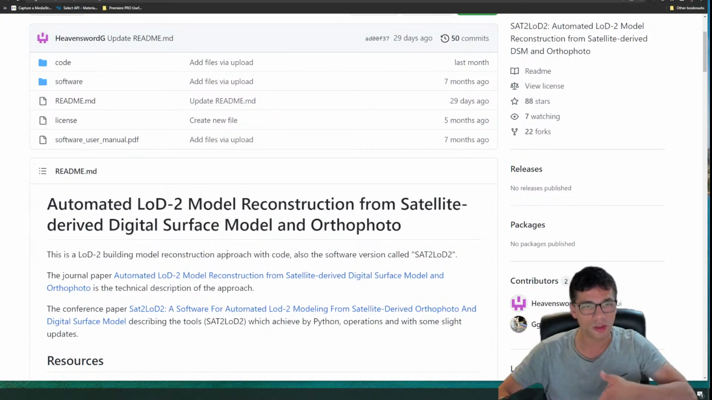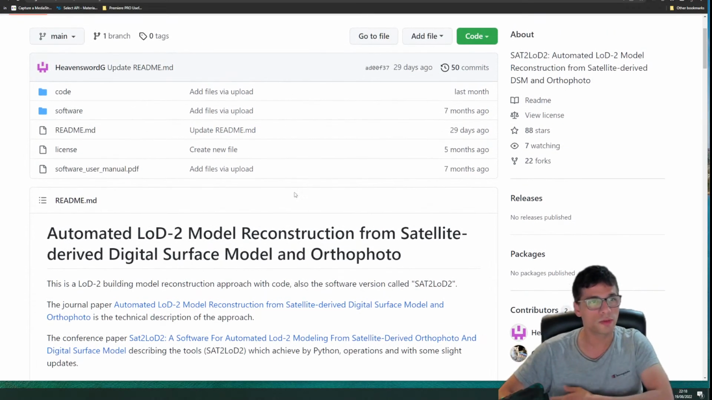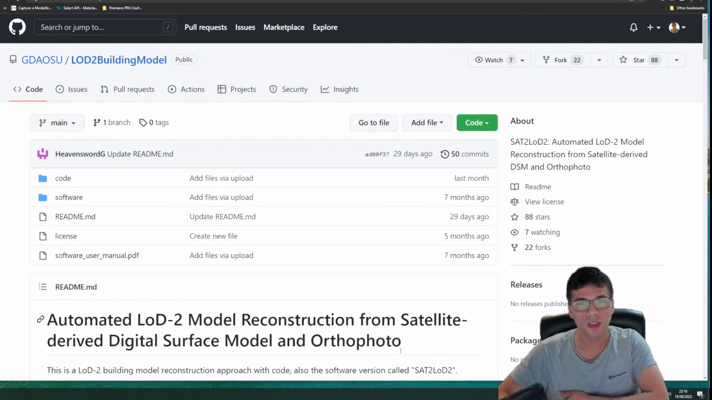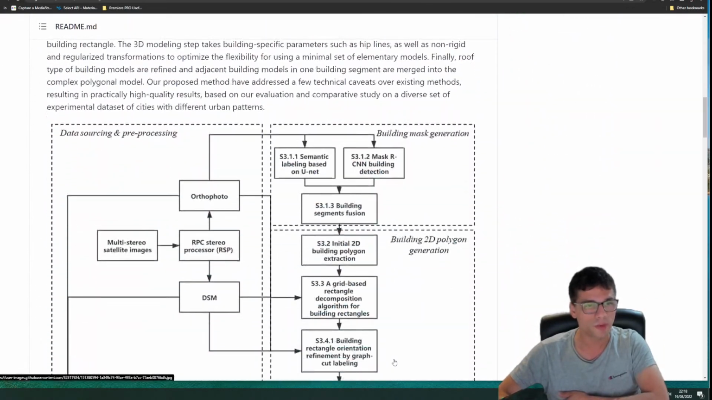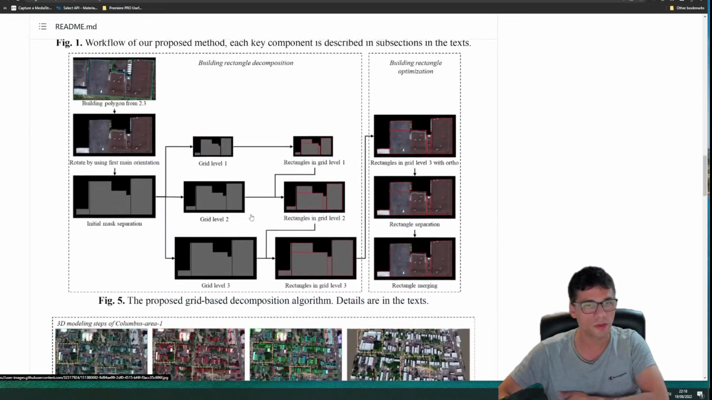A viewer in the channel asked me to try this paper, and I thought this would be an ideal candidate to try here, so that's why I'm doing this live stream. If it works, it should be quite cool, because you can see here, it talks about